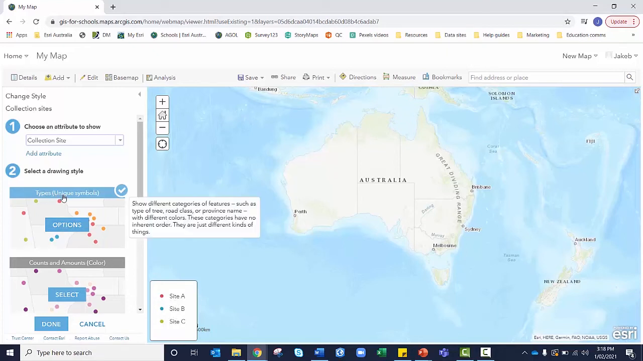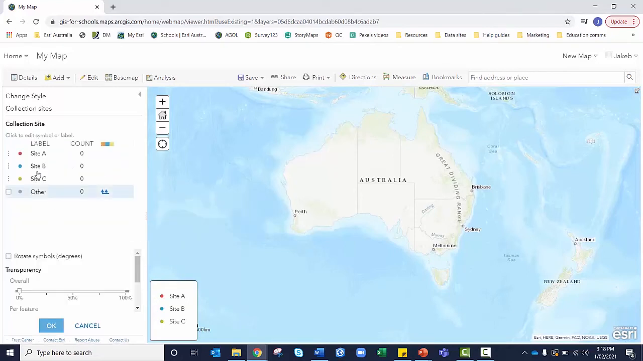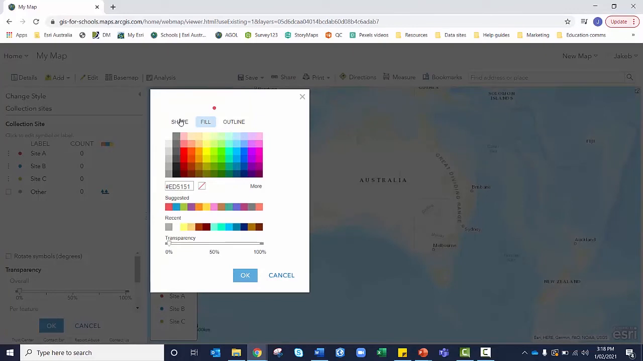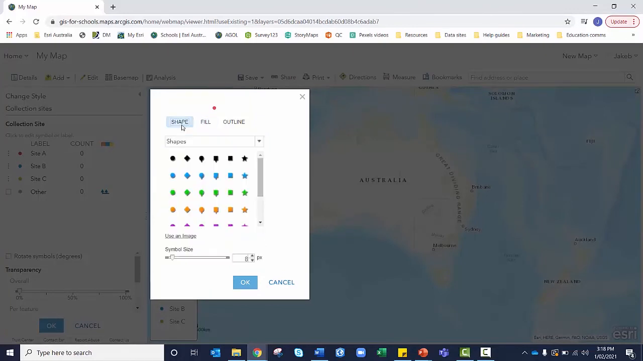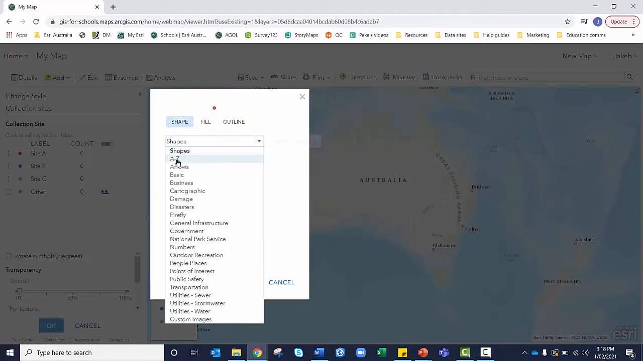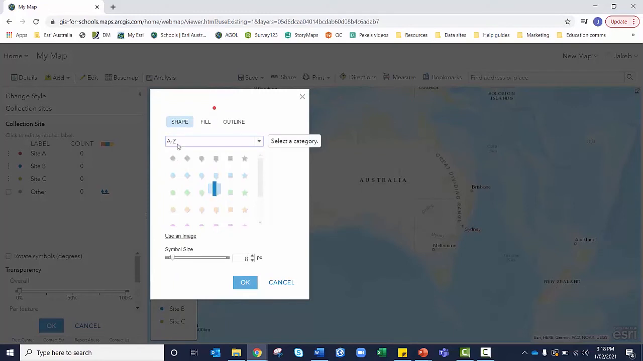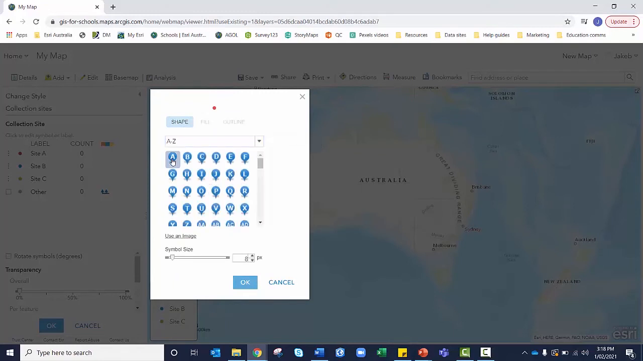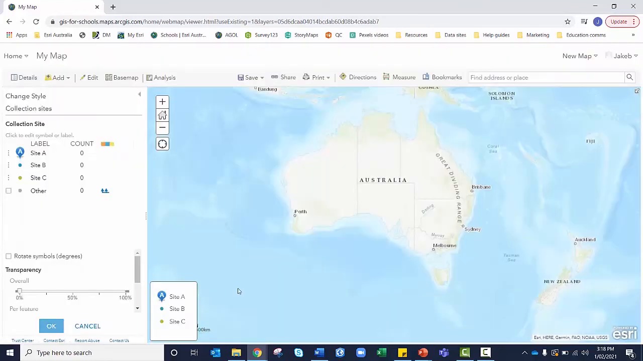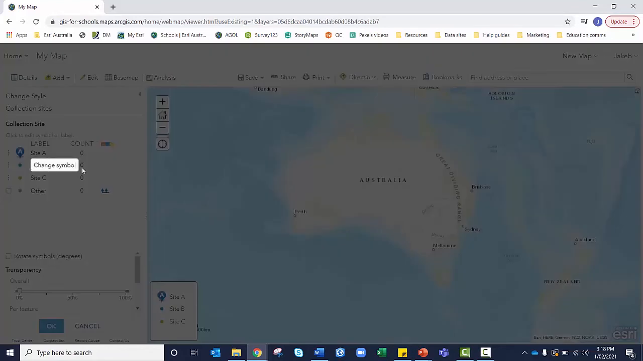So under types, unique symbols, I'm going to click options, and on the symbol for each one, I'm going to change it. So I'm going to go from fill to shape, click on the drop down, choose the A to Z category, and this time I'm going to choose A. I'm going to make the symbol a bit bigger, 20. I'm going to repeat that for site B,